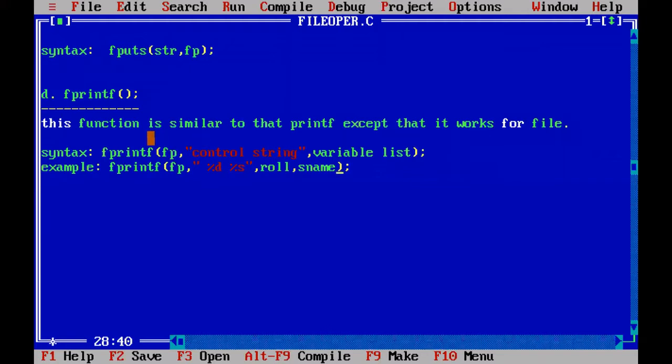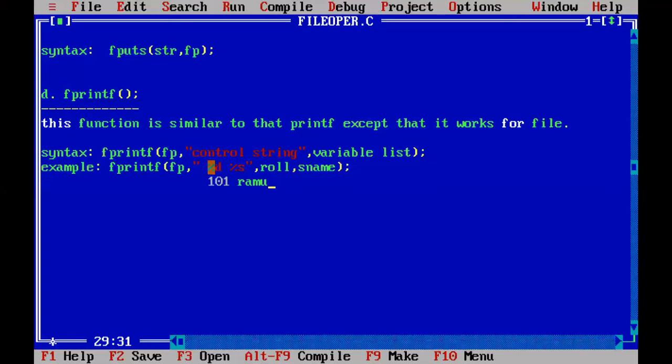So after taking the three arguments, the fprintf function will first read the data for %d from roll number. %d is replaced with the roll number. For example, 101 replaces %d. Next, %s is replaced with the value of sname, for example Ramu.